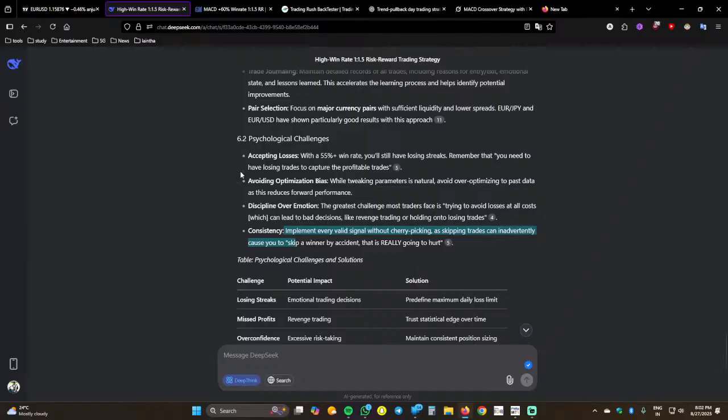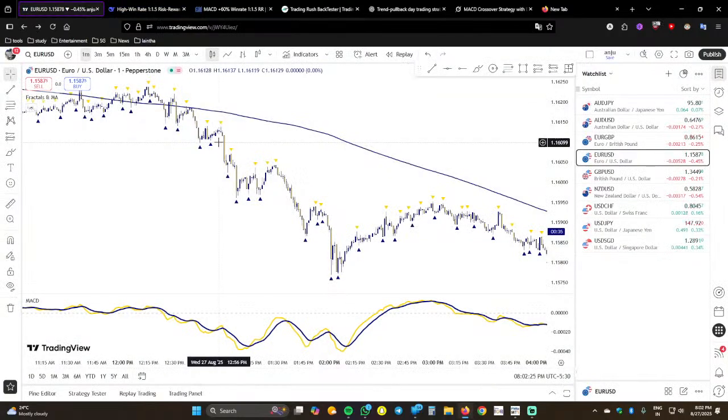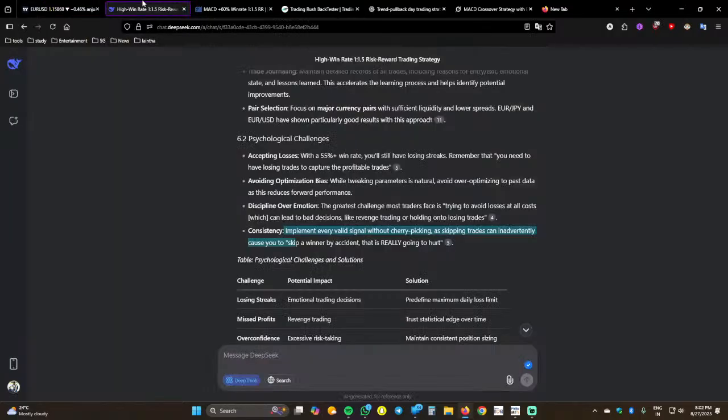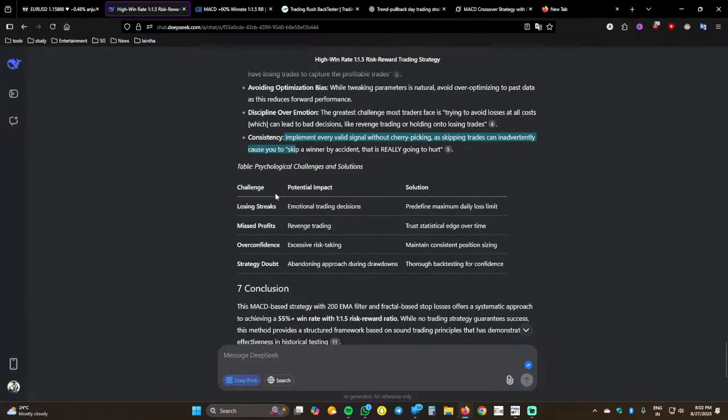in the middle. So for example, if we lose a few trades and we change the strategy, we're not giving it enough time for us to realize that it was just a losing streak, it was not a losing strategy. Next,